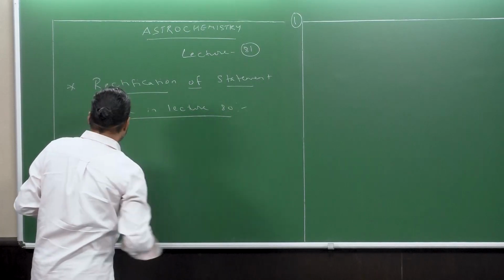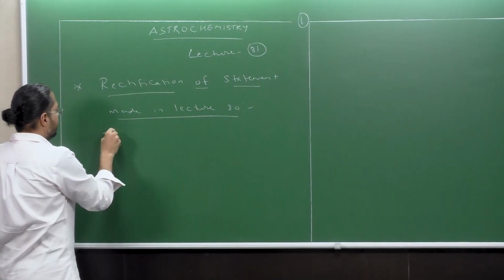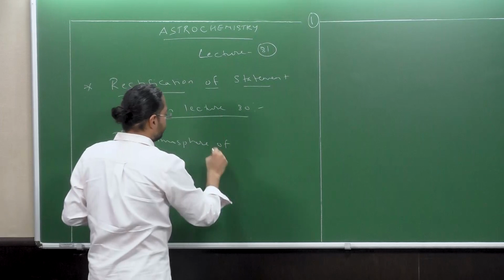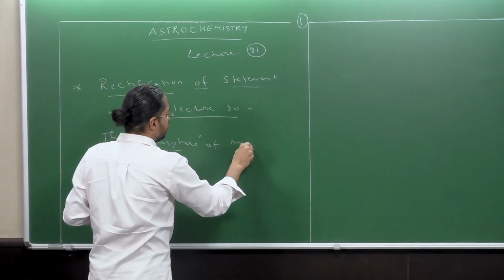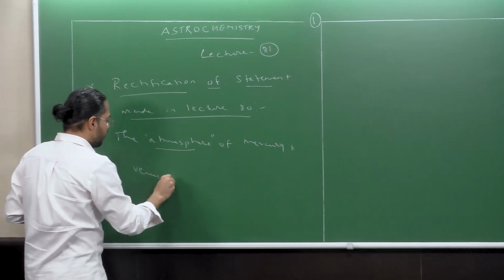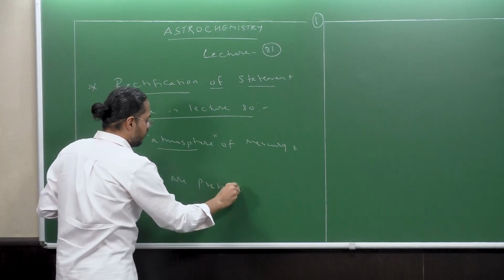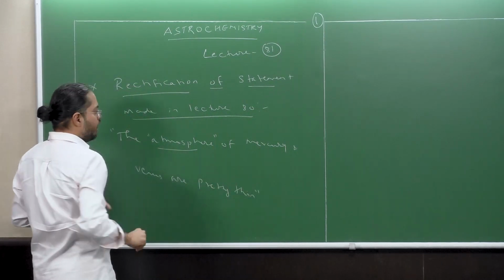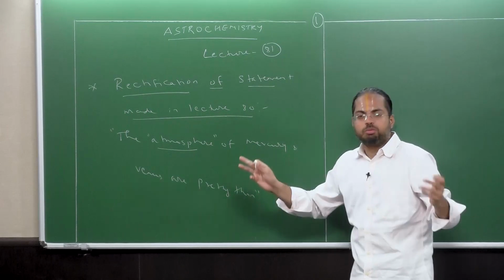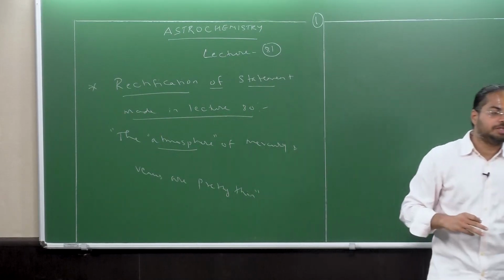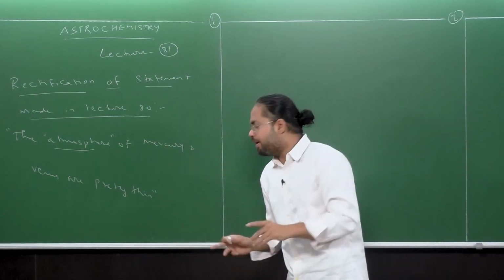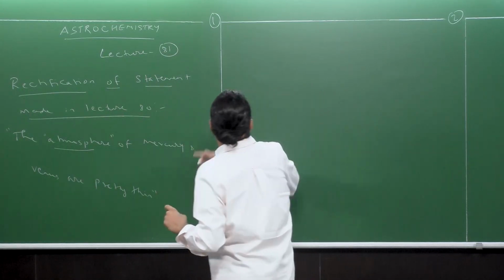The statement was that the atmosphere of Mercury and Venus are pretty thin. Now, this is a highly misleading statement. Of course, it's partly true in the sense that when you compare the atmosphere of the real gassy giants like Jupiter, Uranus, etc., the atmospheres of Mercury and Venus are indeed thin. However, the correction is that